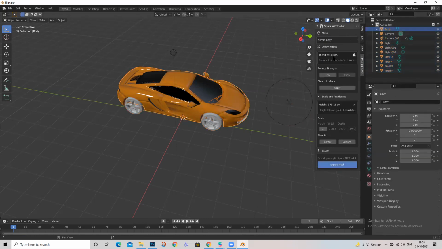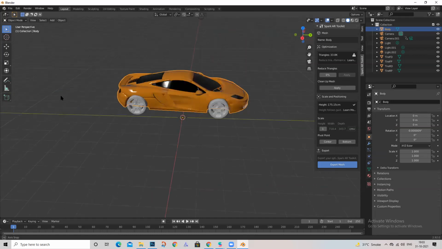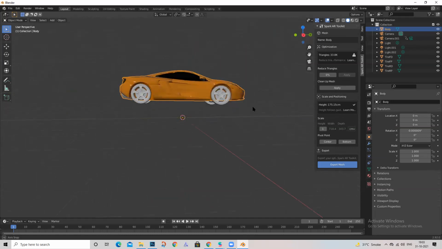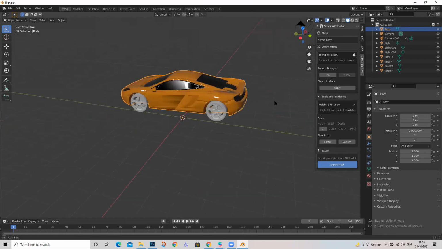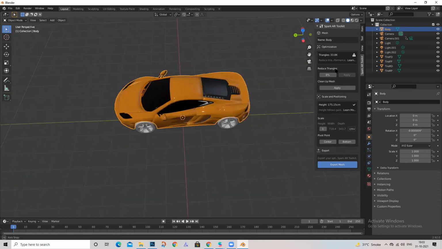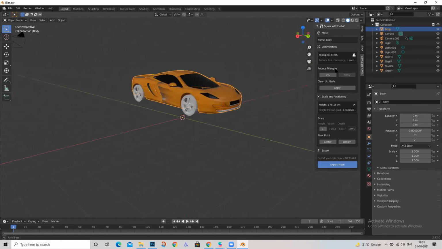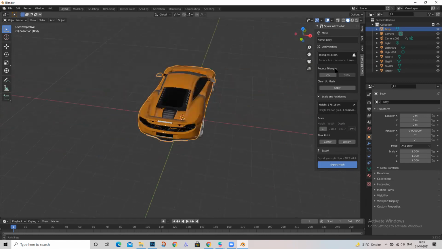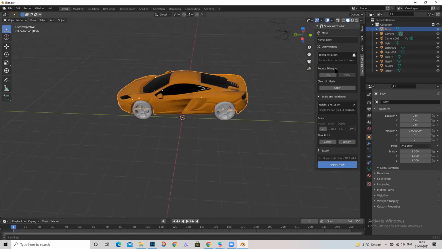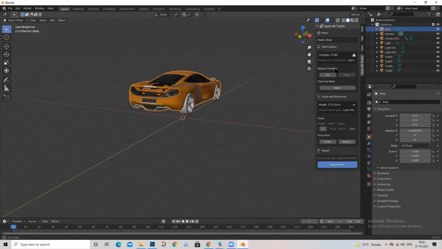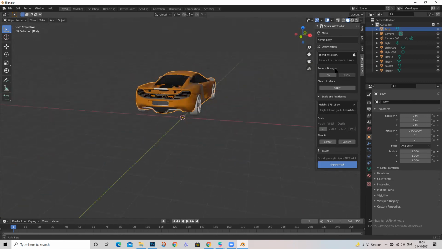We have 33.8K triangles in this car, so we need to reduce it a little bit so that we can optimize it and get it into SparkAR. Reduce triangles by, I would say, 25%.